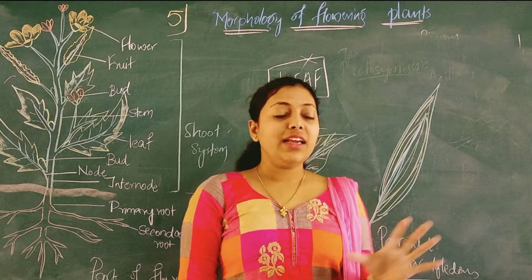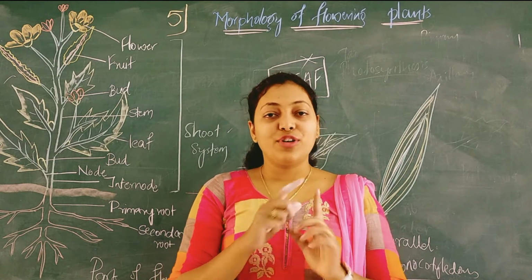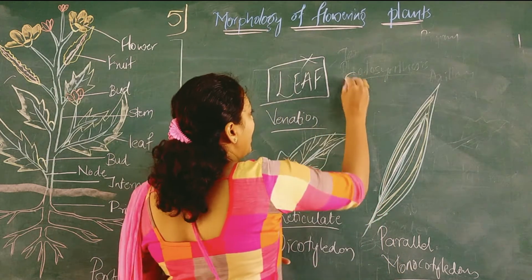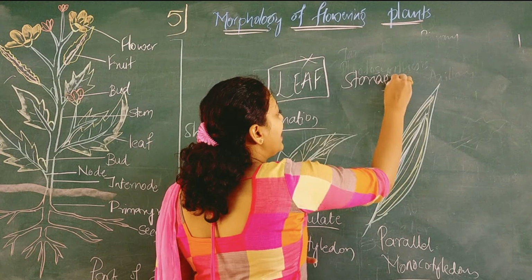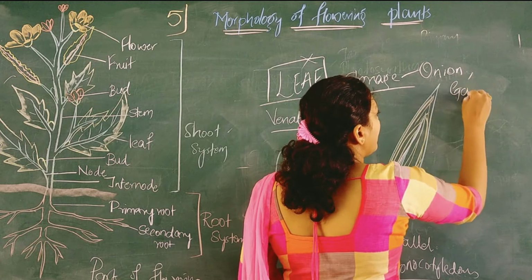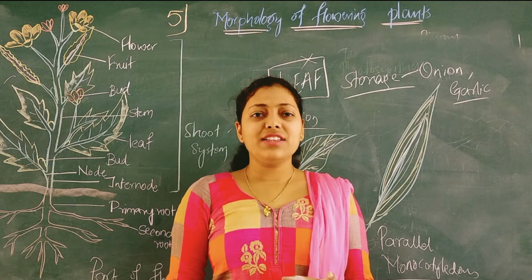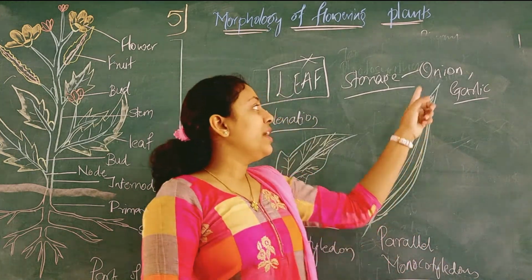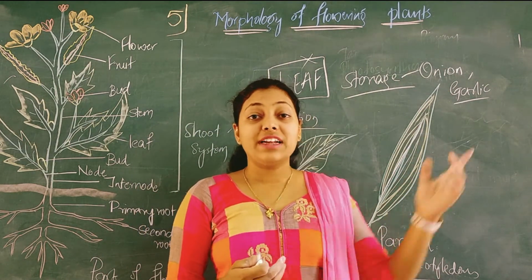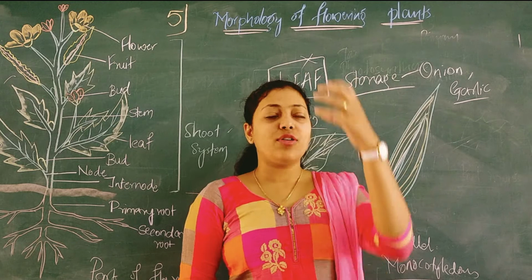The function of leaf I have told you, the first basic function is photosynthesis. Apart from that, we also see storage of food in case of leaf. Storage we actually get in case of onion and garlic plants. You can imagine an onion is the storage of leaf material. When the leaf material starts storing the food, we find this in case of onion and garlic.